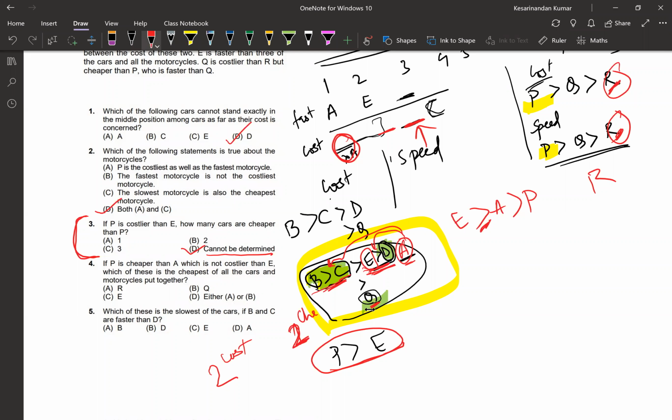Kesari, it now would be A, right? Sorry, A is the cheapest of all the cars, right? According to the question, where is it said so? Because we have B is greater than C and greater than E and greater than D. So if E is greater than A, and there is also a condition that there is no car between E and D, that means A would be the cheapest of all the cars. True, yes, what you have said is quite correct.